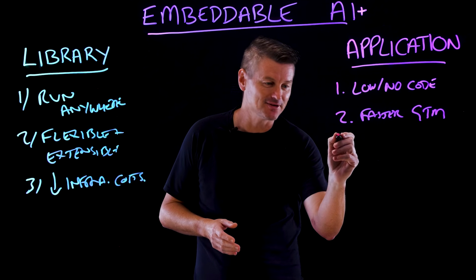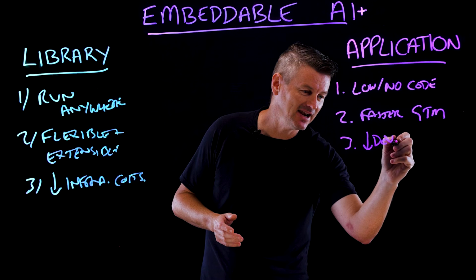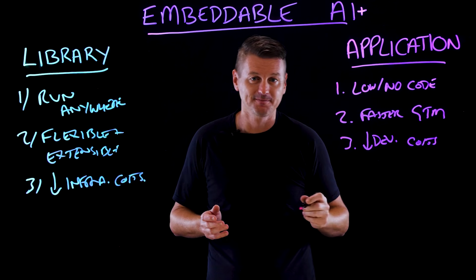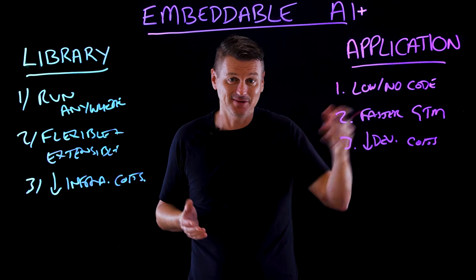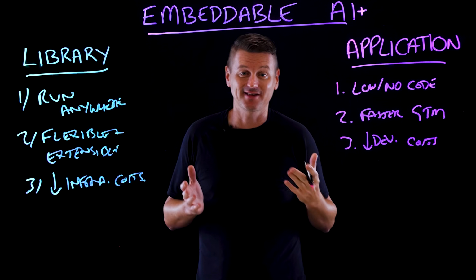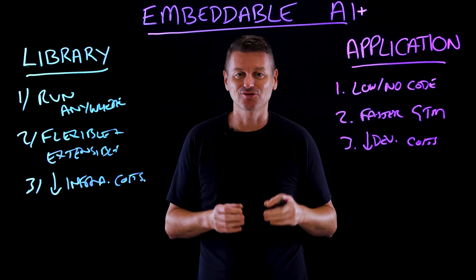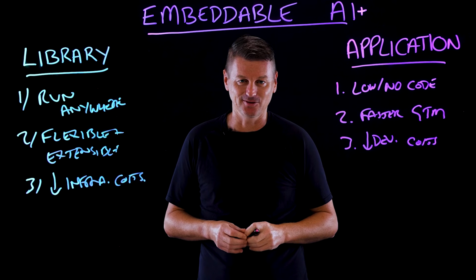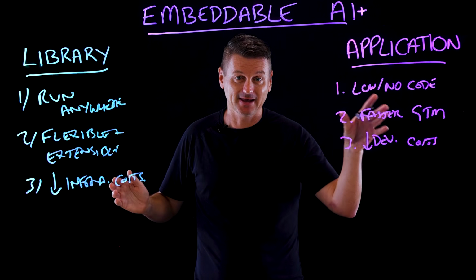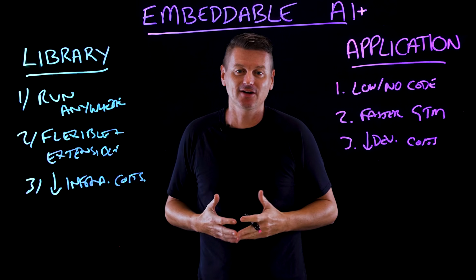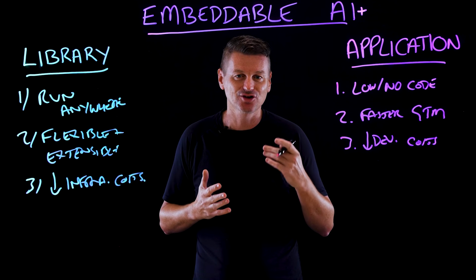And then number three, this time the reduction is in development costs. Since developers don't need to spend time creating code, as we mentioned earlier, enterprises will save time and therefore money, since embedding pre-built AI applications reduces the development lifecycle. But look, regardless of whether you use a library or an application, your embeddable AI technology should be handled in a responsible, trustworthy, and secure way.